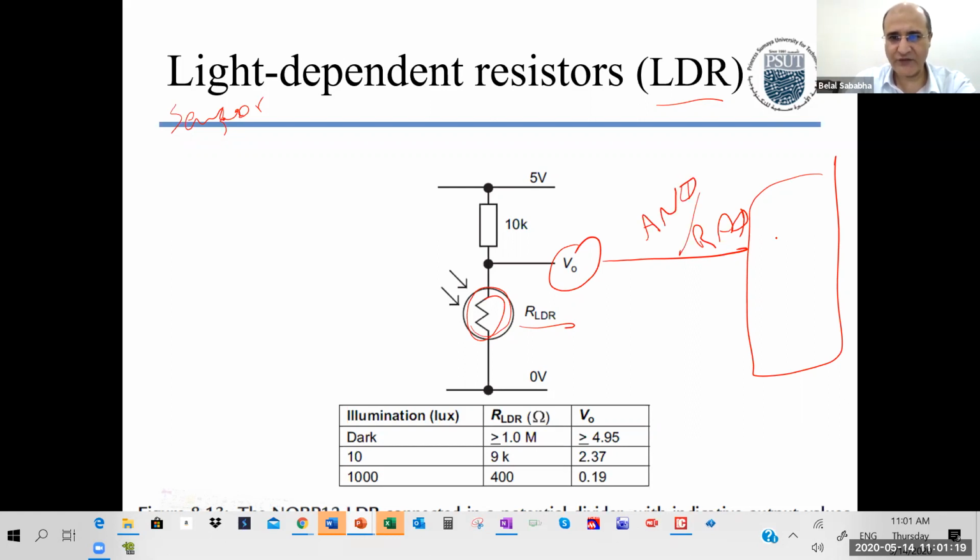You configure this as an analog voltage and convert it to a 10-bit number, okay? And if you want to detect on/off, use it in a manner of to turn on the lights